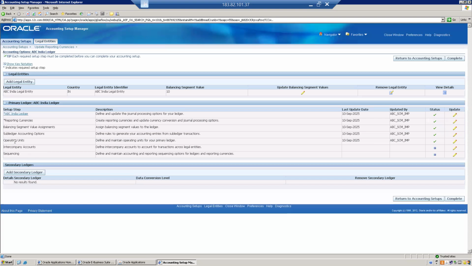The business group, either you can create while creating a ledger, or you can create it separately also. Fine. So next is intercompany accounts. This we don't need to